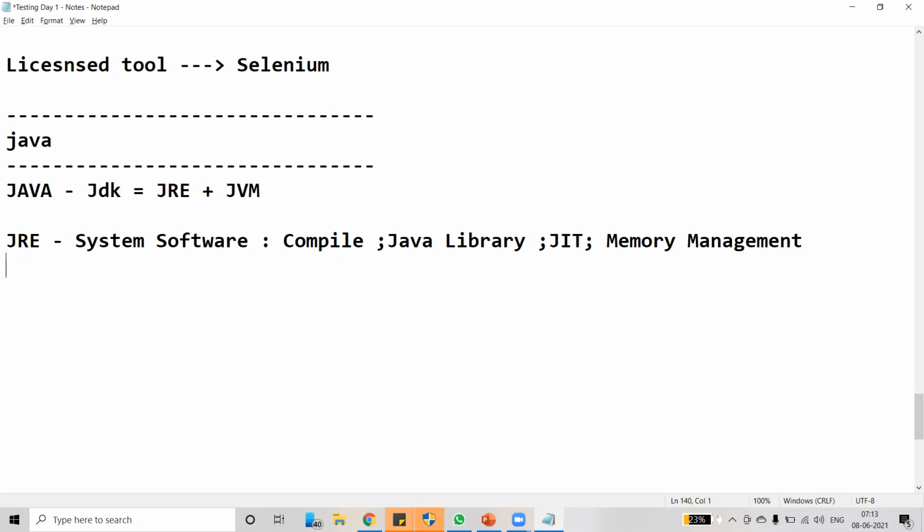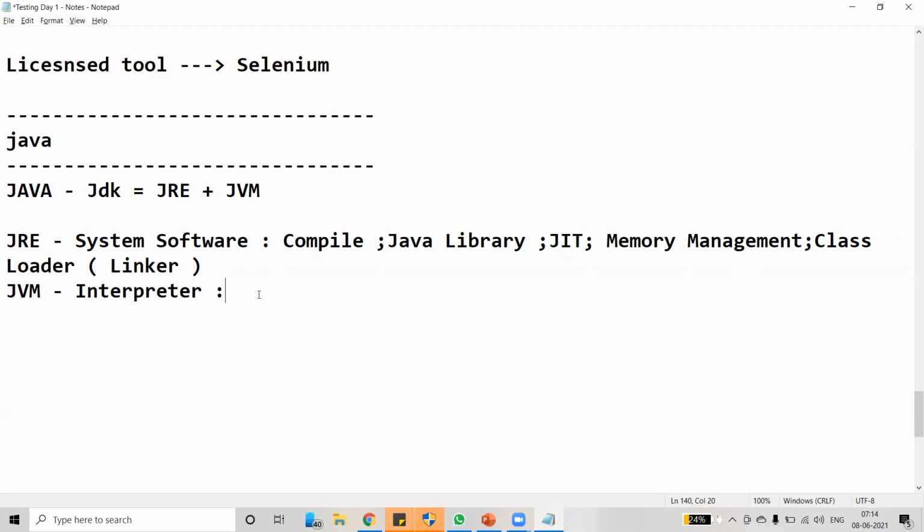Coming to JVM, what does JVM contain? JVM contains an interpreter, and also a class loader. The class loader is also called the linker.